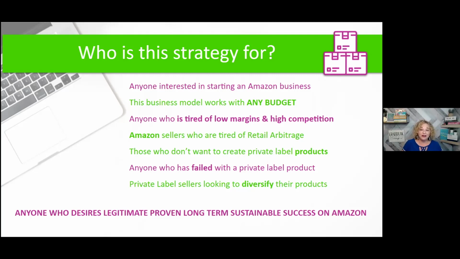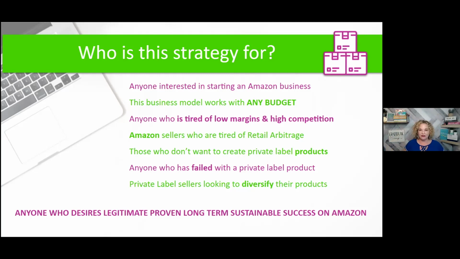Are you tired of retail arbitrage? Are you tired of low margins and high competition? Oh, we'll get into that for sure. This is for people who don't want to create private label. Anybody tried to create a private label product and failed miserably? I did several years ago. That was me. Anyone who's failed at a private label product or private label sellers looking to diversify,